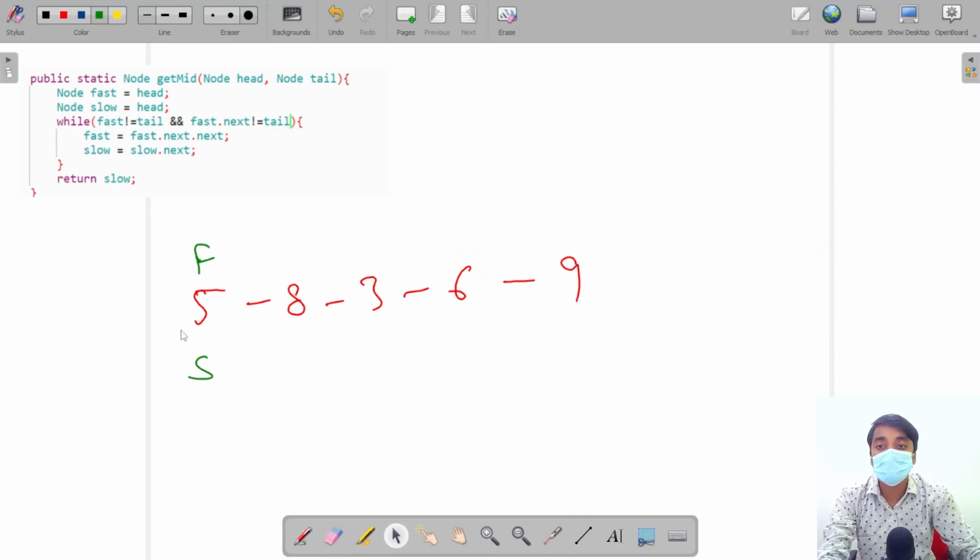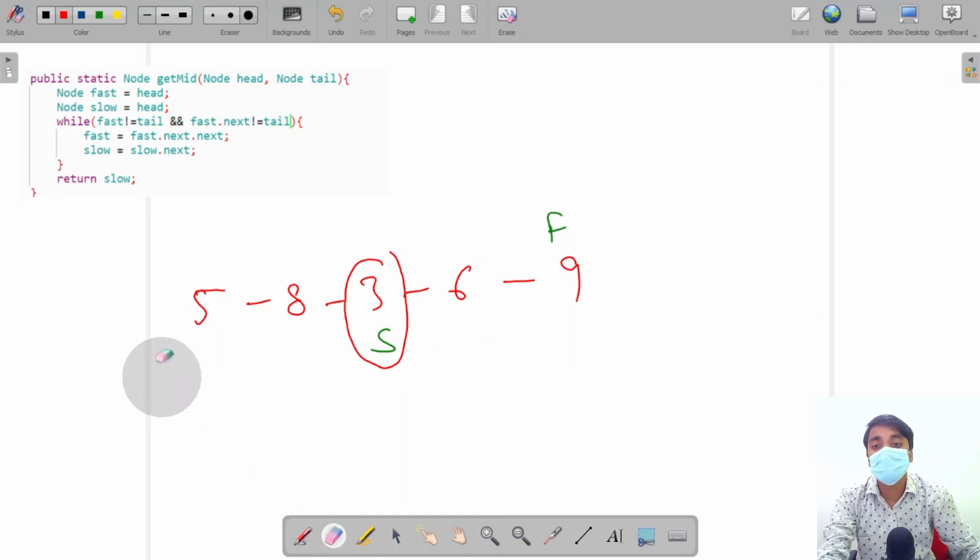Now fast is not tail, fast dot next is also not tail. We will move this fast 2 times, slow will move 1 time. Again fast is not tail, fast dot next is also not tail. We will move this 2 times, 1 and 2. Slow will move 1 time. Here fast is tail, so the loop will break. Our mid is slow, so 3 is the mid element.